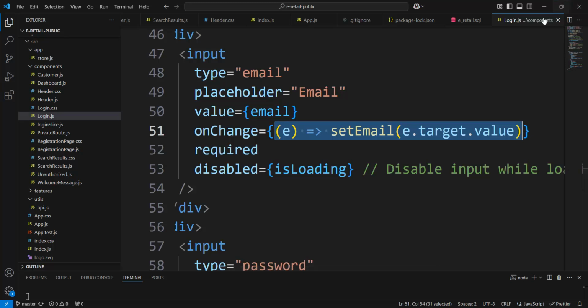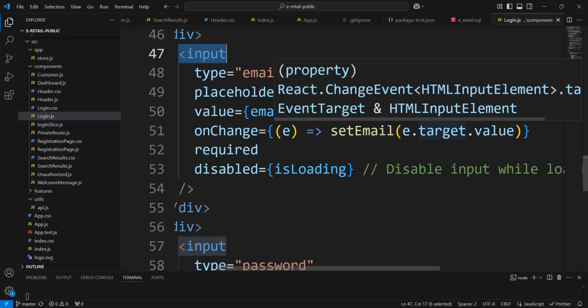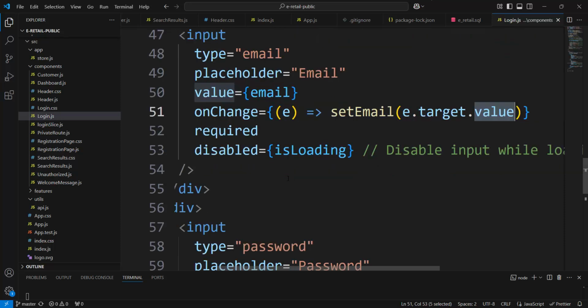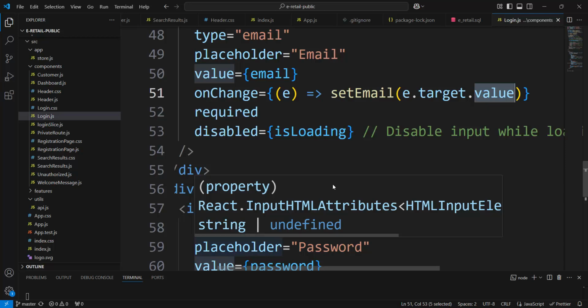And set email, there is a parameter here, called event. What is event? Event is onChange, concretely here. Event has a target property. What is the target property? It is the input, the element where that event happened. It happened here in the input. And value is the letters that we type. And value by value, letters by letters, typing by typing, we finish our email and go to the other input for